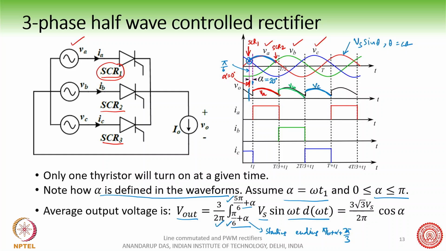Right? So therefore, V out will become equal to this value. Again, we understand that we can change the output voltage. One thing that you should observe here is these three currents. If we have a constant current load I0 present here, we can say that this current is kind of like a quasi square wave. This quasi square wave current will go into the source. So this is the IA current, IB current, and IC current here.